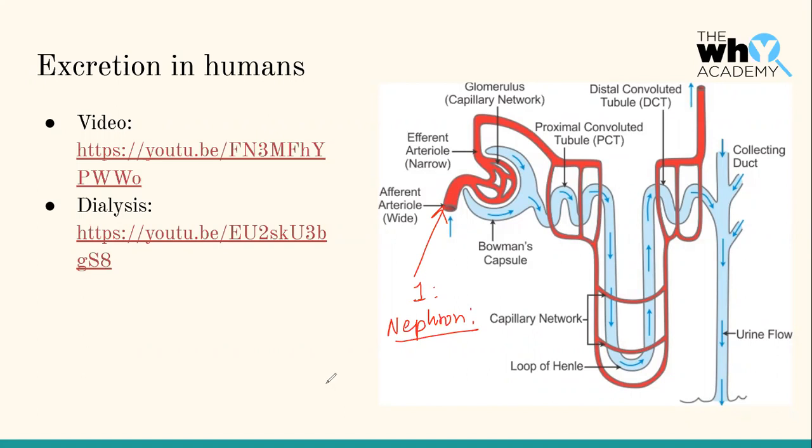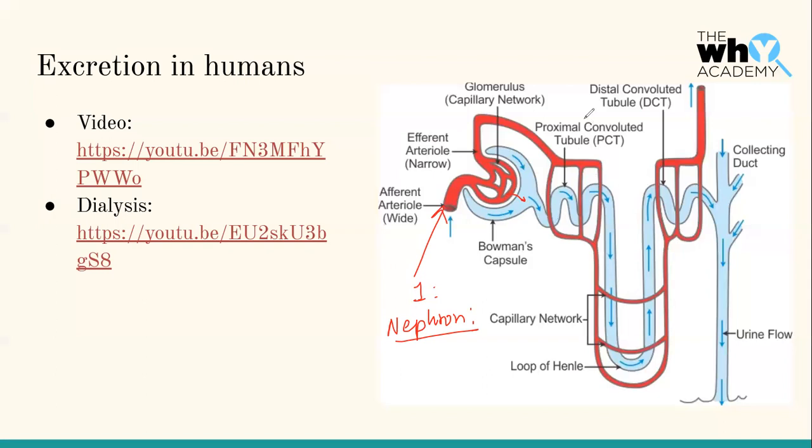Okay. And the entire video explains what happens at every step. So how the materials are moving from the, this is the capillary network, right? Glomerulus. Now you would have also understood why there is a capillary network here, so that there is faster diffusion or movement of materials from the capillary into this tubule, into the nephron, right? So the blue part is the nephron, the red part is the blood vessels. So the video explains to you how the materials move from the blood vessels into this